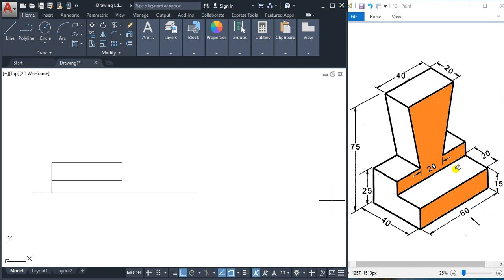And next, if you see, we'll draw this one. First of all, this is also 60, and if you see this height here, from here to here it is given 25, and this much is given 50, so this will be 10. So from here we'll take a line of height 10, and suppose we have started here, we have drawn 10, so this way we have to come.